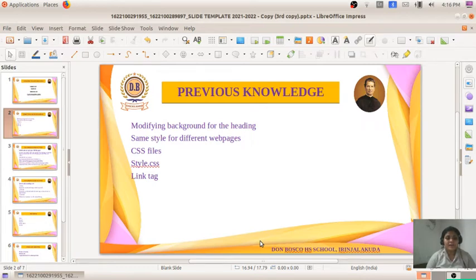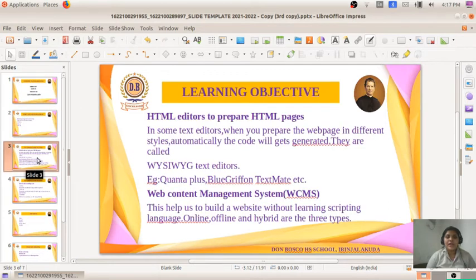To apply the style.css to the HTML, we can use the link tag. So all the features will be reflected in the web pages. These are all things we have studied previously, and in this session we are going to study